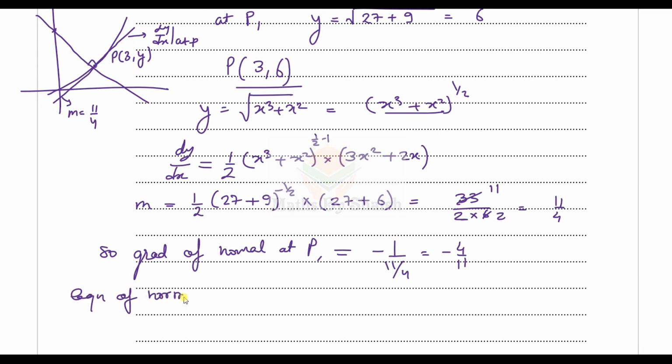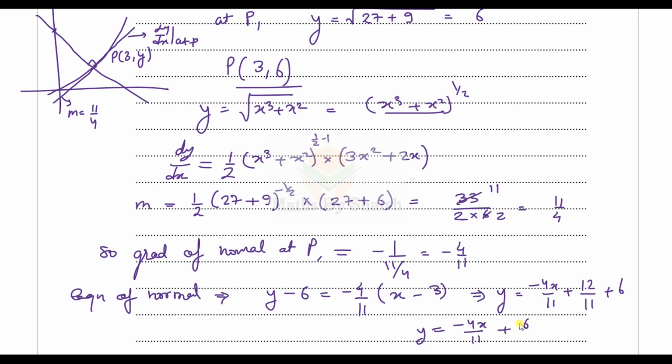Equation of normal will be y minus y1. That is y minus 6 is equal to minus 4 over 11 times x minus x1, that is 3. So we will simplify, we will get y is equal to minus 4x over 11 plus 4 times 3, that is 12 over 11, plus 6 here. So we got y is equal to, 11 times 6 is 66, plus 12 is 78. So minus 4x over 11 plus